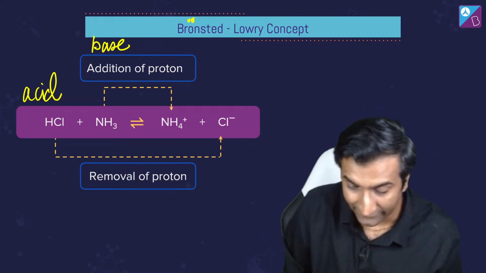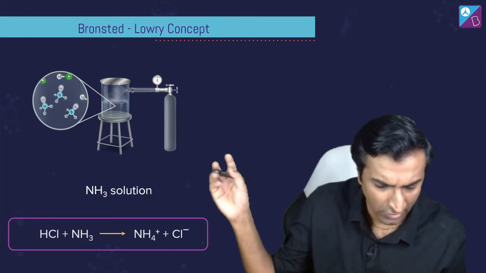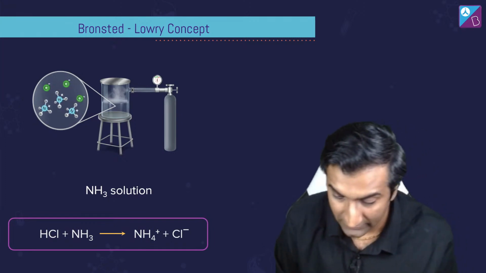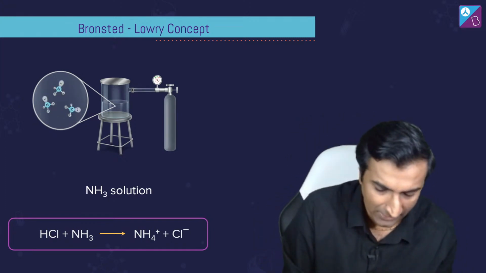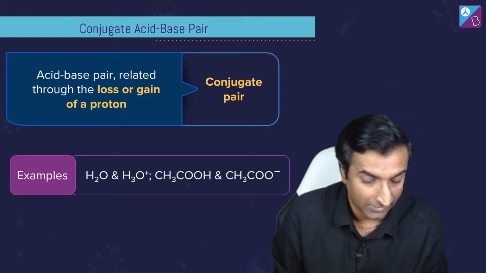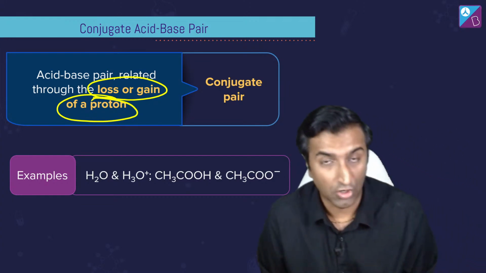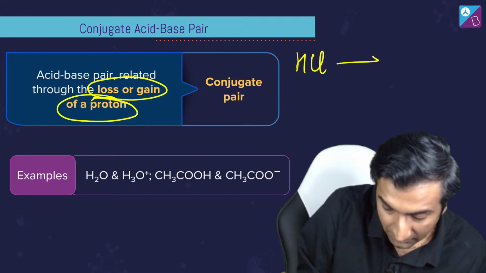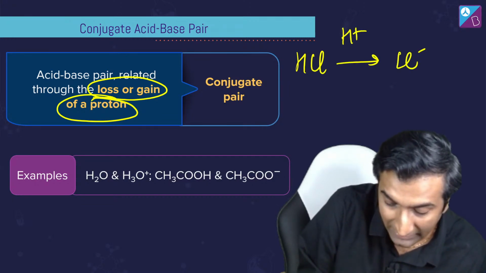Okay, this is the idea of acid base according to this, right? This is the whole setup over here, etc., etc. There's an animation showing all this. ठीक है, देख लेना. But what's important is that you have this idea of a conjugate acid or base pair. मतलब कि देखो, I'll tell you what I mean. You're relating both of them through a loss or gain of a proton. मतलब कि HCl बनता है Cl-, तो they are related by one proton being exchanged.